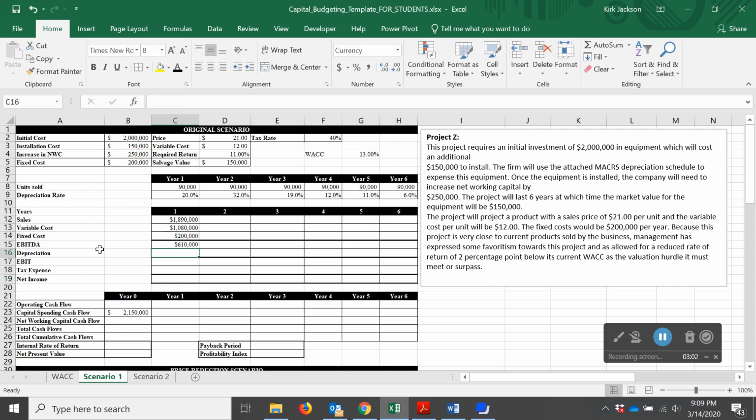And so then what I could do is take that 20%, multiply it by this, and get that value. Again, I would want to make sure that I have some cells anchored. That would give me my EBIT,